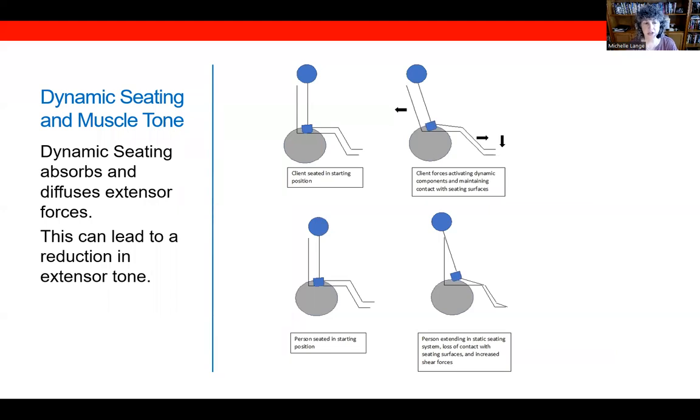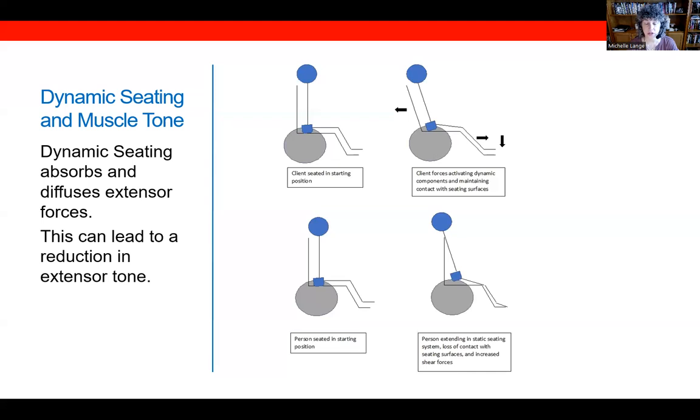Dynamic seating is designed to move, and the dynamic components, such as an elastomer, are going to absorb and diffuse these client extensor forces. So in the top animation here, you can see a client seated in a neutral starting position. And then as the client extends, primarily at the hips and the knees here, we can see that those forces are activating the dynamic components. The back is opening up. The dynamic footrests are moving downward and forward into knee extension, and this allows the client to maintain contact with